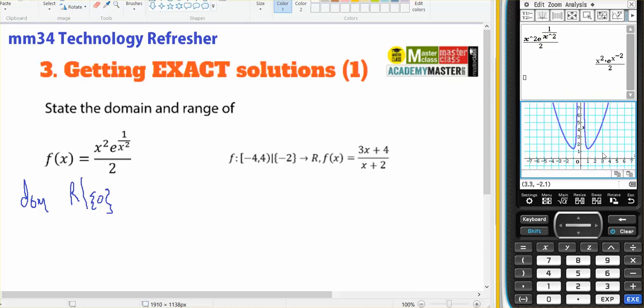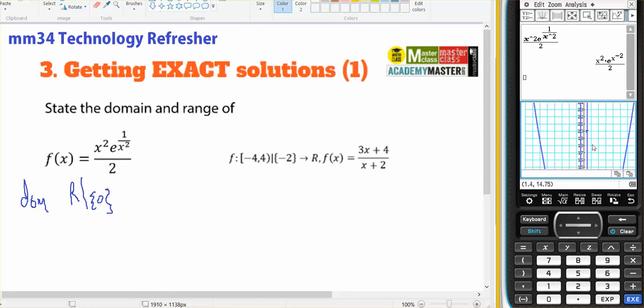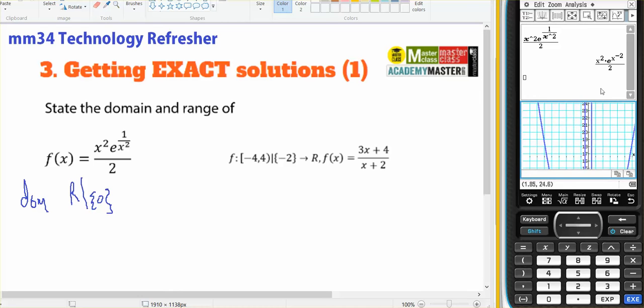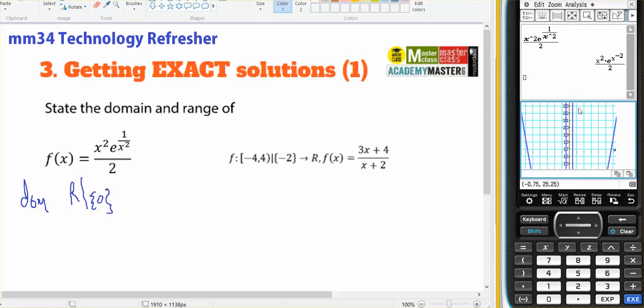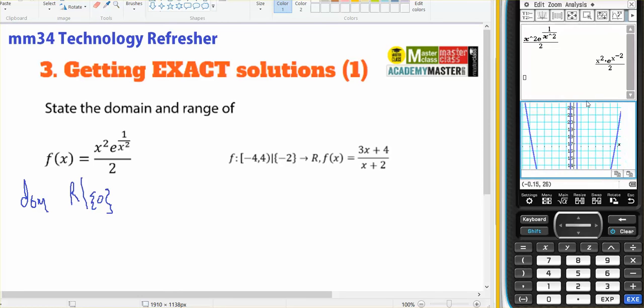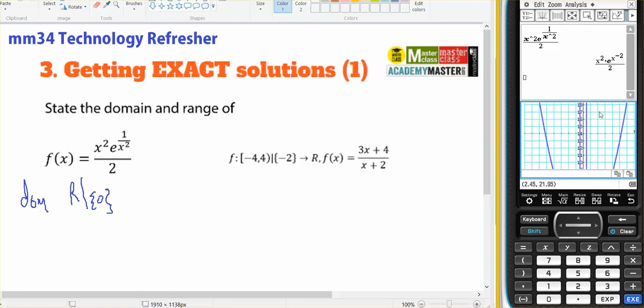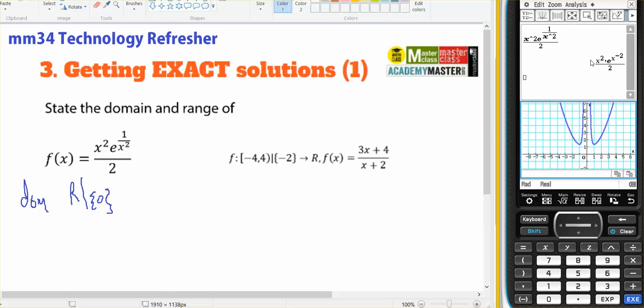I get my graph. And as I thought, I'm having some asymptotic behavior with x approaching 0. So x can't equal 0, but it can equal anything else. Beautiful. I'd like to use my calculator to go analysis, gsolve fmin, and fmin will give me the lowest y value, and there it is there when x equals -1, and it's some sort of value that is